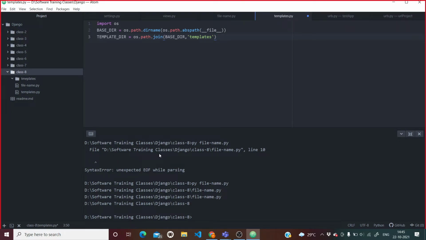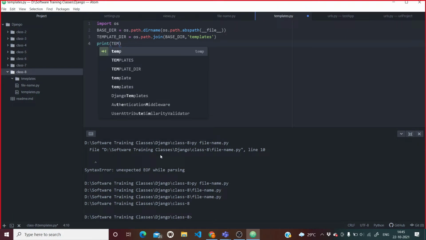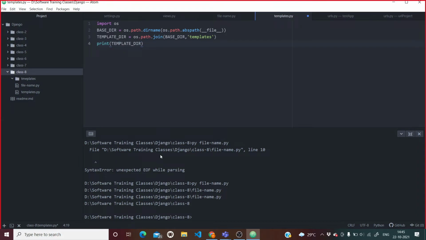Then only it is going to show. After that I will print template dir. Let me save it.